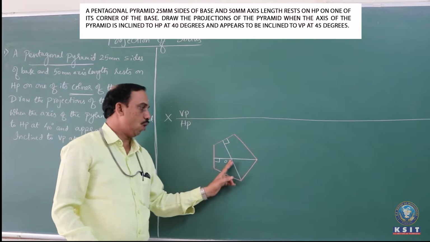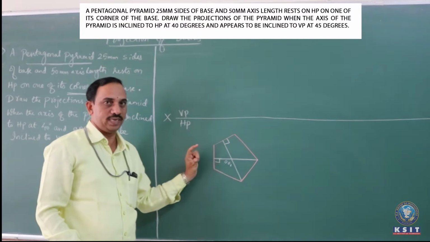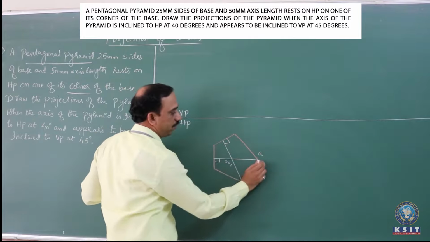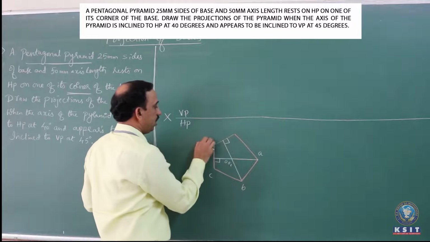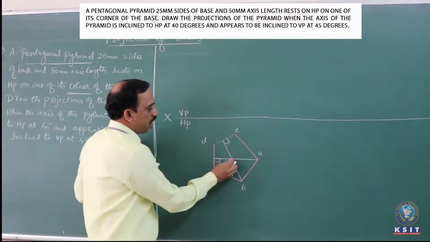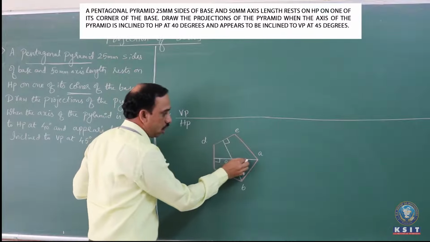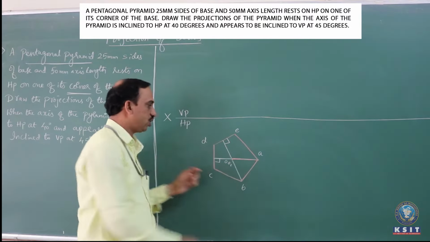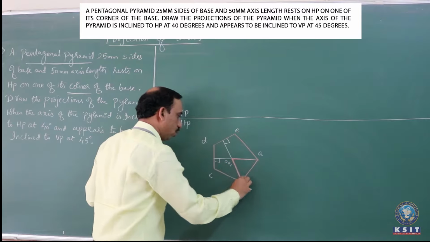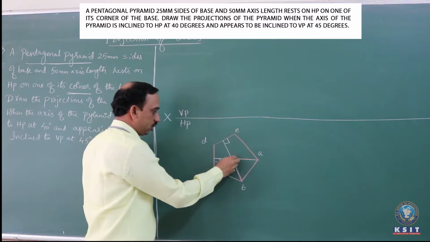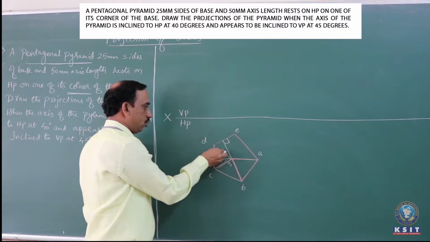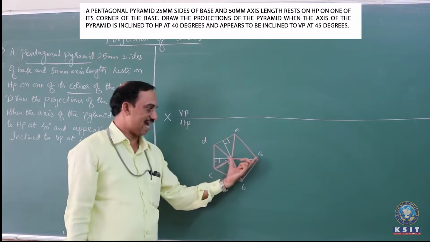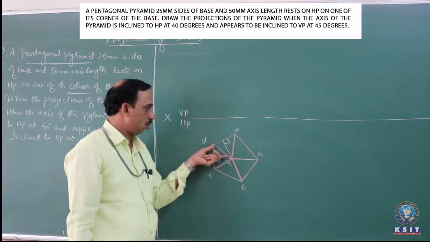So let us assume that O01 is exactly the axis which is perpendicular. From the apex O, we should join to the corners, base corners. This is one of the base corner which is A, this is B, C, D and E. Now join from the apex O to the corner A. This is one of the slant edge. Similarly, join the other slant edge O to B, join the other slant edge O to C, similarly join the other slant edge O to D, as well as the last final slant edge O to E. We have totally 5 slant edges: OA, OB, OC, OD, OE.